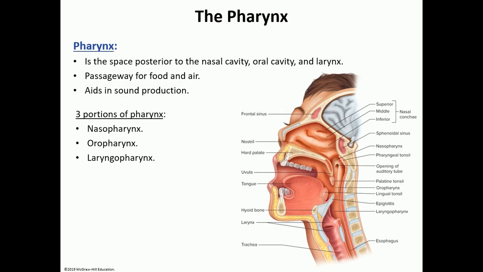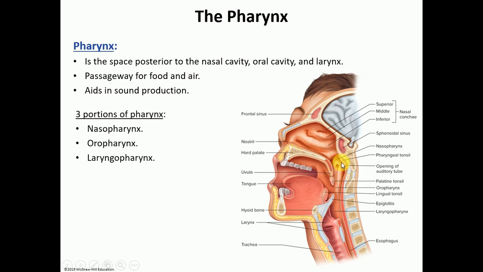Now for the pharynx, and again, we talked about the pharynx when we discussed the digestive system, so this is going to be kind of a quick review. We mentioned that it is a pathway for both air and food. It has three parts. So the part that opens up into the nasal cavity, that is known as the nasopharynx,